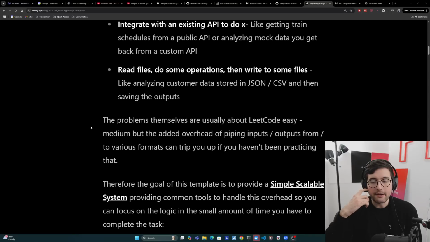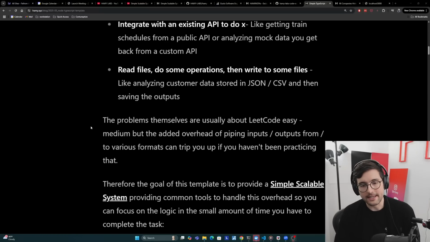But the added overhead of piping these inputs and outputs from and to various formats can trip you up if you haven't been practicing that. And so the goal of this template is to really provide a simple, scalable system for providing common tools to handle this overhead so that you can focus on the logic and solve the LeetCode easy or medium that you've been training for without stumbling on the overhead, because you really only have a short amount of time